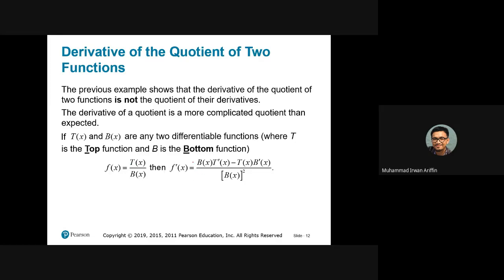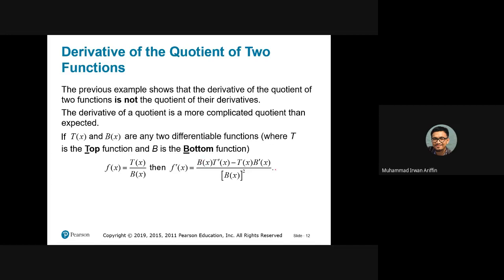But once you get used to it, in life, once you get used to anything, then it will no longer be a challenge. It will no longer be complicated. Okay. So if we have a function which is a ratio, in a quotient form like this, then the derivative of this quotient would be where, first of all, you need to take the